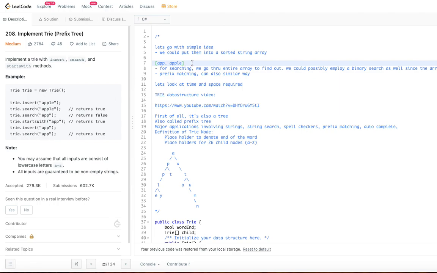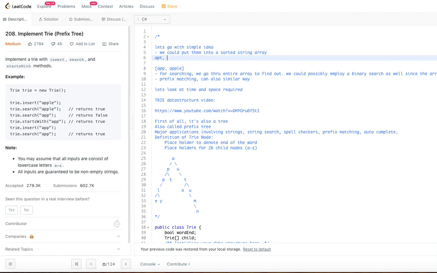Let's go on and put more words in: apt, apply, auto, autumn.